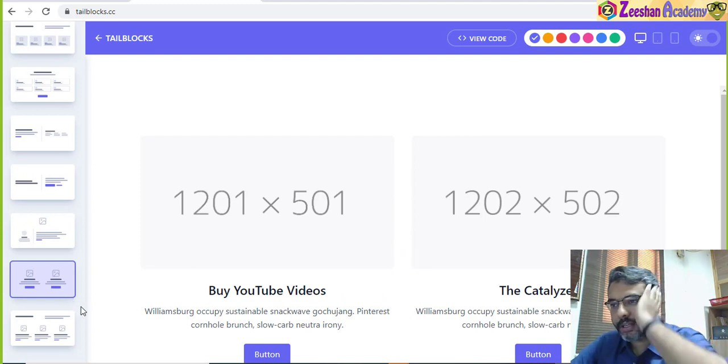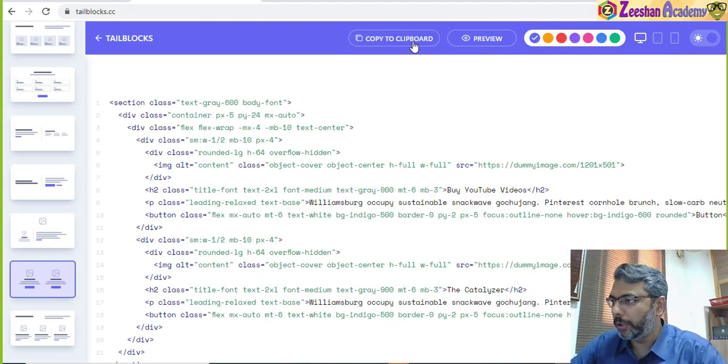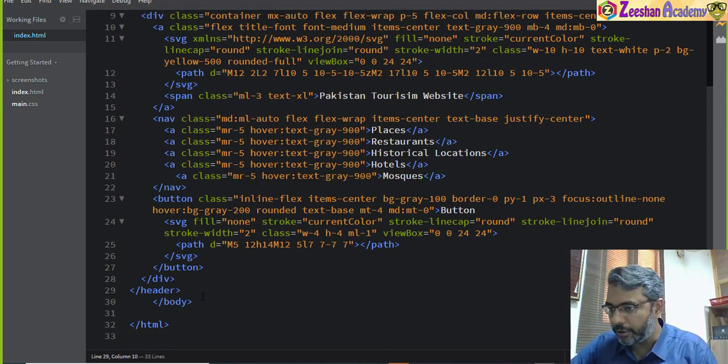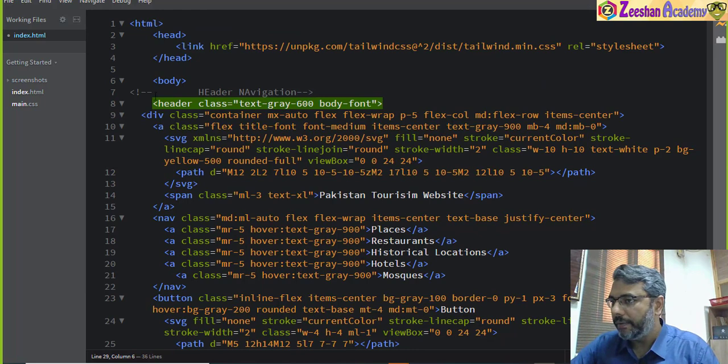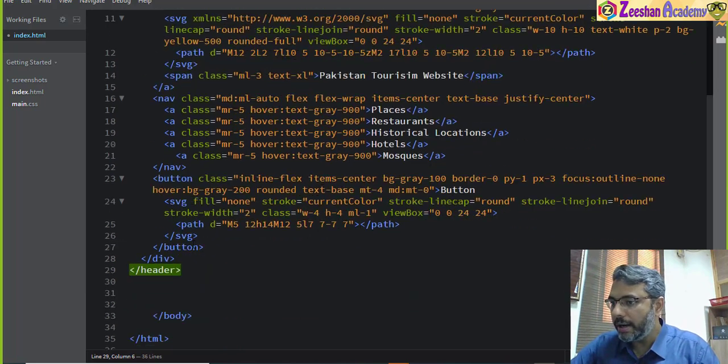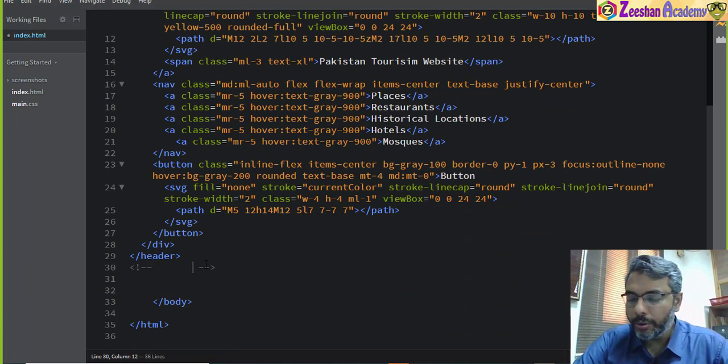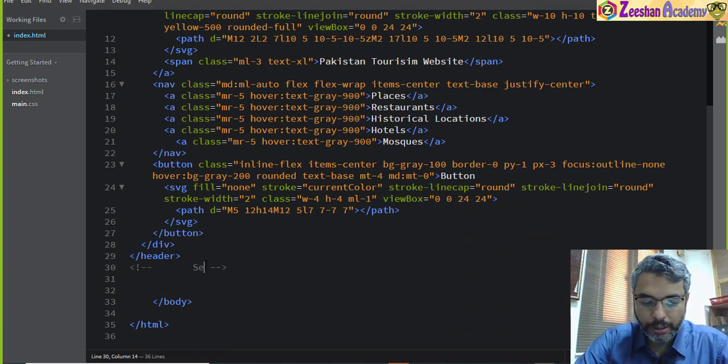Okay, so I have this component or maybe these two components. Okay, so let's just say, okay, I start with double image header. So I just select this component, go inside the view code, the code is available, copy it, go inside your brackets, and after your header is closed, before you do the body, okay, so remember the sections where you start and end. So this was my navigation header. After this, I come back here, give a comment, and then I'll give, for example, section 2 image gallery,